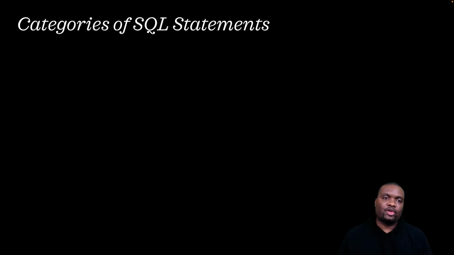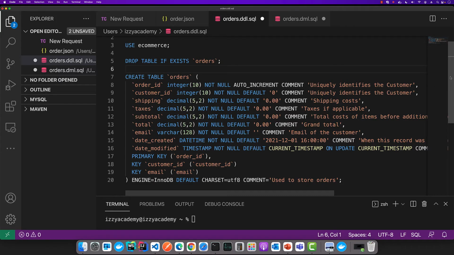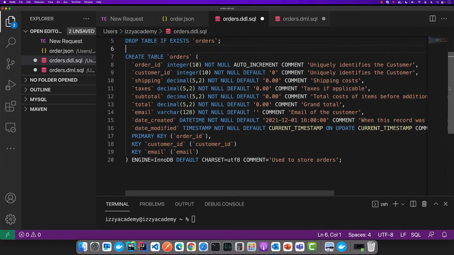Now, the different categories of SQL statements that are available, mainly we have two different categories, but this can be broken down further. But the two main categories are the ones that allow you to define the data structure. So this is the data definition language that defines the data structures inside the data store or the database that you're working with. So if you want to create a particular data structure to store customer records, to store order